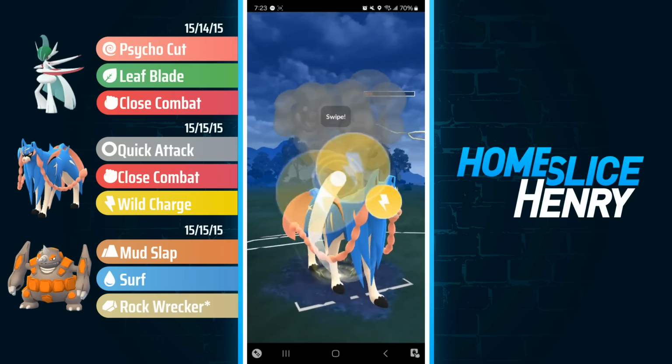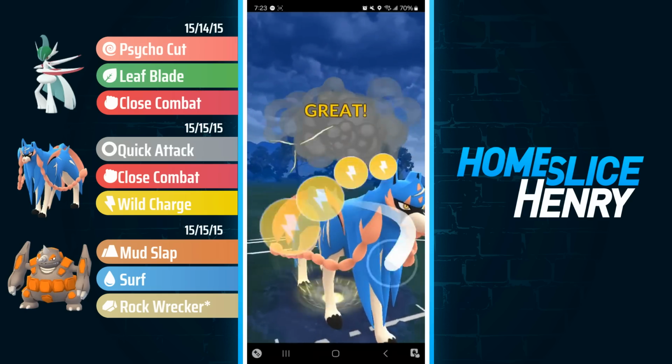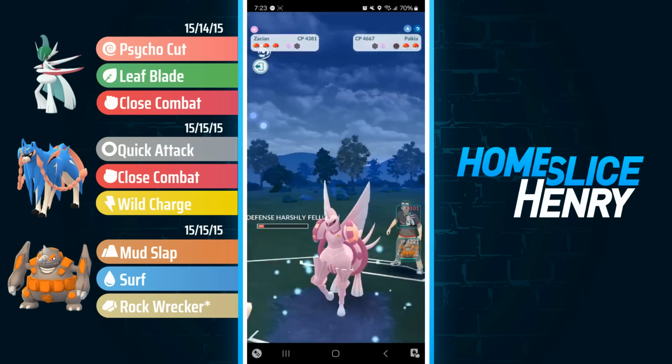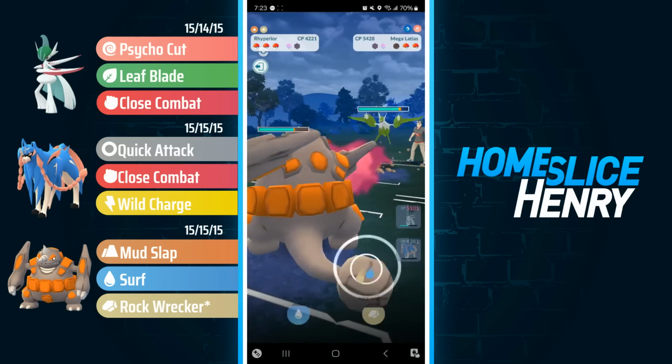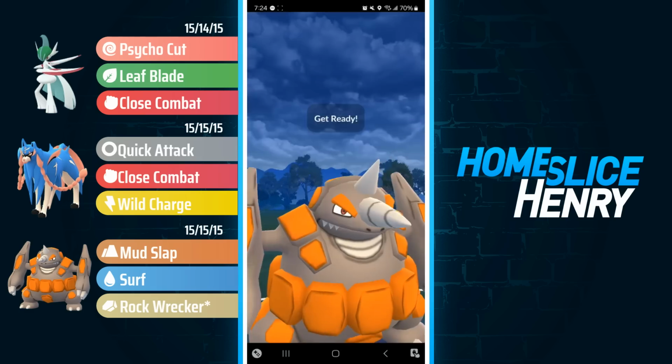I'm going to go for the second Wild Charge right away just to try and neutralize this Palkia and get rid of it as soon as I possibly can. They are going to let that through. I'm going to pivot into Rhyperior. In the back is Mega Latios. Latios has a very similar stat